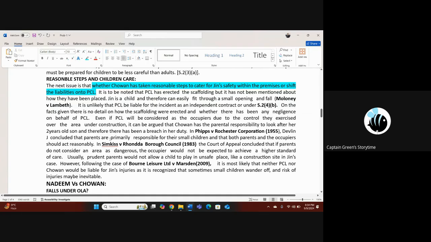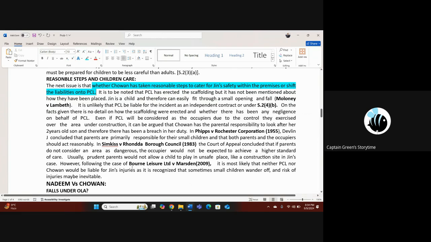Let me make it clear to you all that we studied in the previous lecture that if no technical knowledge is required and the owner has not taken any reasonable steps, then the liability is upon the owner, not upon the contractors. Thus, the trench does not require any technical knowledge. Chuan could also know that his child could fall into this trench. Thus, up to this point, Chuan will be responsible for the injuries